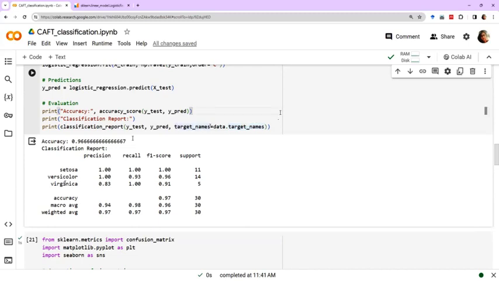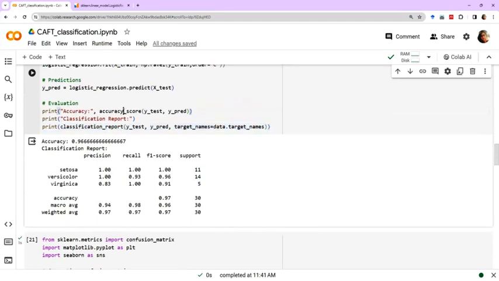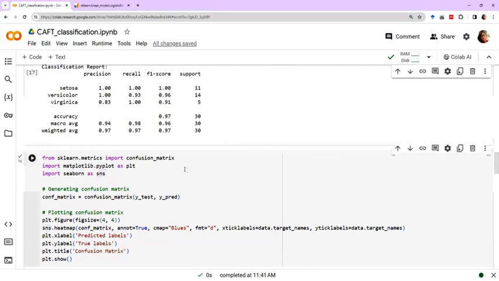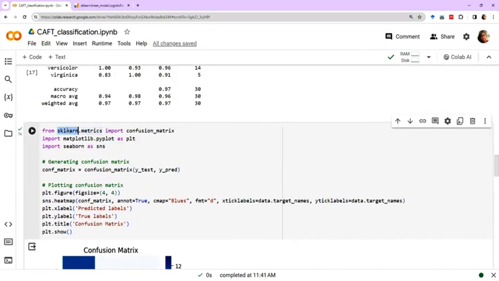Okay, so this is one thing. And regarding this classification report, I also understand this report a little less. That's why I always use the accuracy score and I use the confusion matrix. Okay, this is another thing that is required. So from sklearn.metrics, by this point you must have noticed that this sklearn library separately has some metrics package. Inside that you have classes like confusion matrix. There are others also. Let me show you what are the other